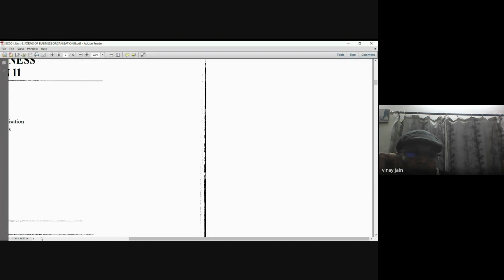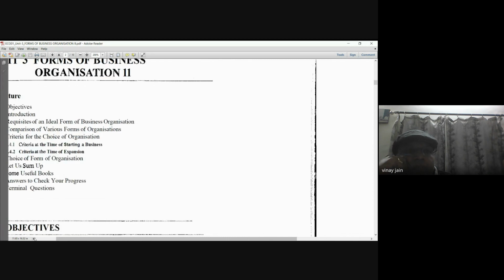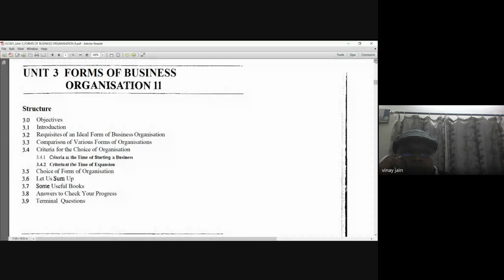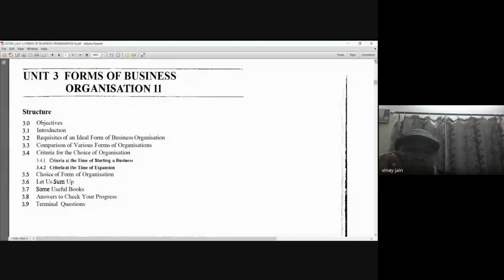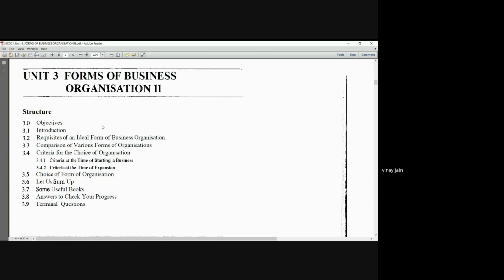Okay, so let us start. Begin with the unit number 3. This is also a form of organizations, business organization, part second. It is not 11. This is part second. So the objectives will be discussed, then introduction, then requisites of an ideal form of business organization, then comparison